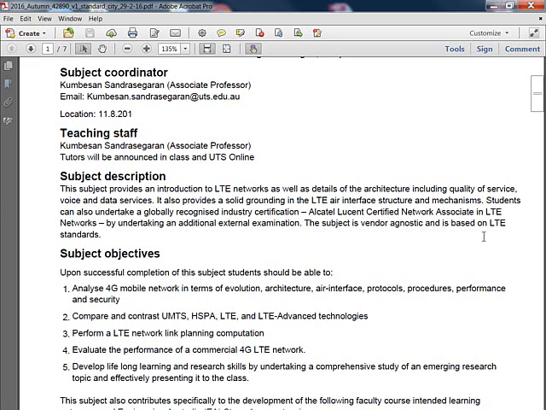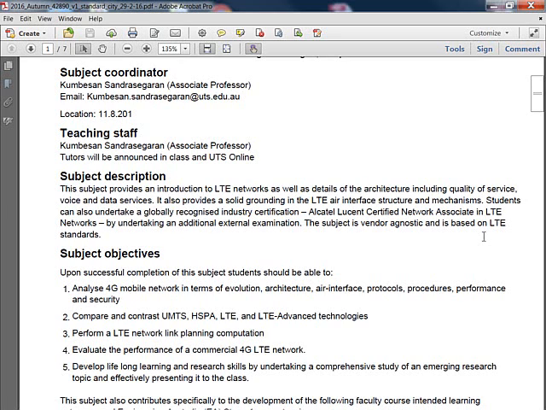How did it evolve from a 2G and 3G mobile network? What is the architecture of a network? How does the air interface, which is probably the most important interface in a 4G mobile network, what are the different protocols that are used and procedures, and how does a 4G network perform, and some aspects of security in